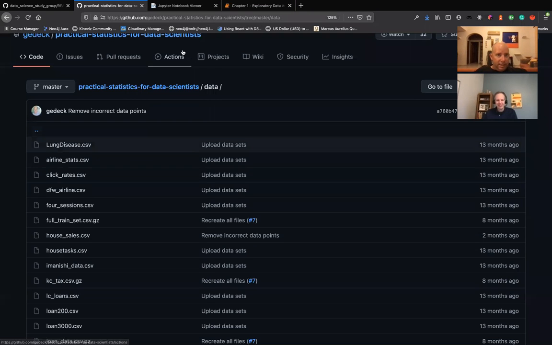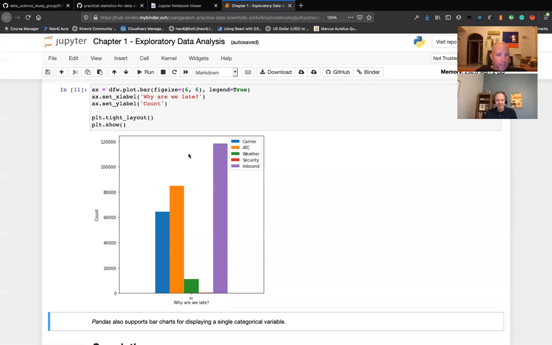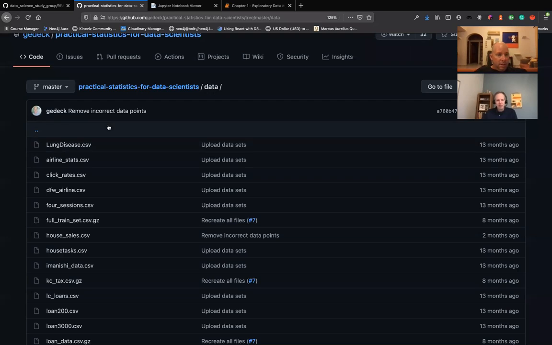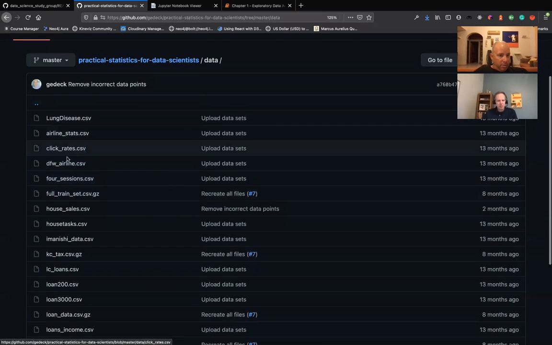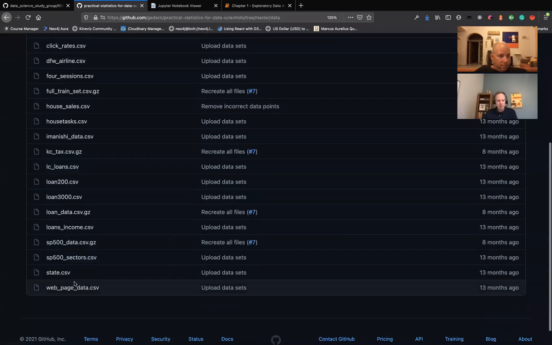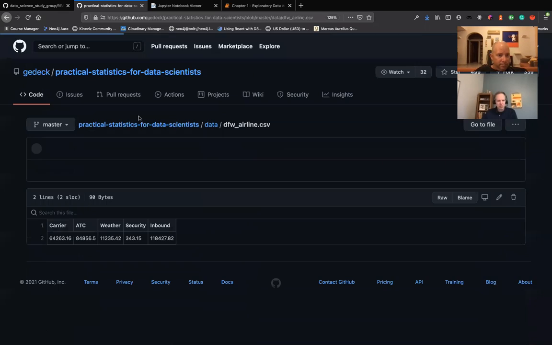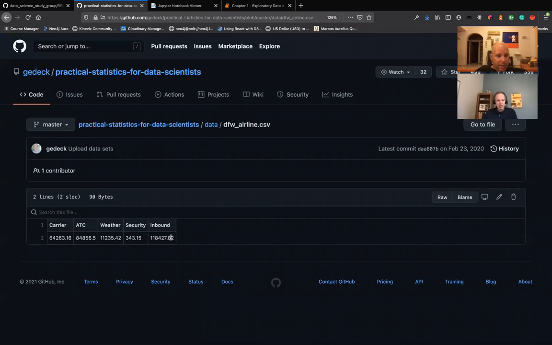So the data here, this is the DFW airport delays CSV. Maybe DFW airline CSV. Yeah, so it's only one row. There's not much data behind there, not enough to do what you were talking about, or we could go ahead and group it